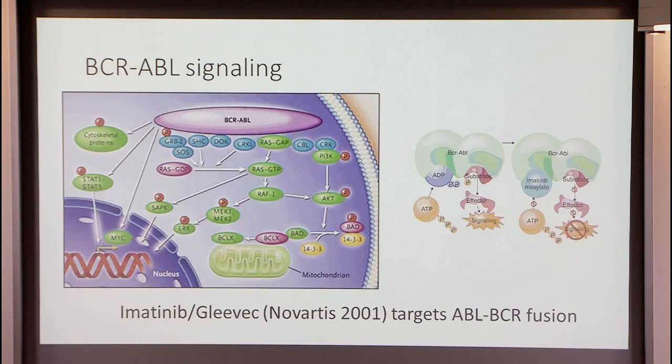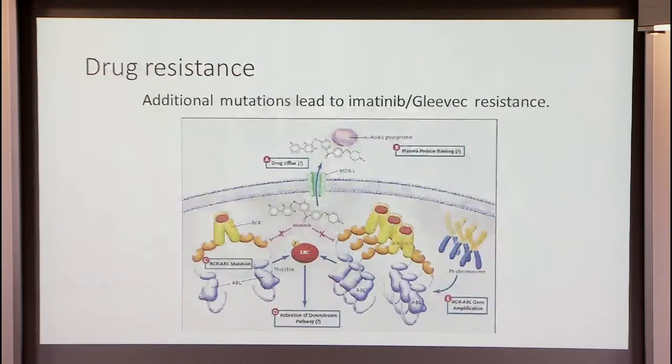Many of them go into relapse. Unfortunately, a large fraction of them develop resistance to imatinib. And this resistance can happen in many ways. Additional mutations in this BCR-ABL gene can prevent imatinib from binding, but also additional mutations perhaps in that same signaling pathway that I showed could develop, or other types of mutations that might have something to do with the pharmacogenetics of the drug can occur.